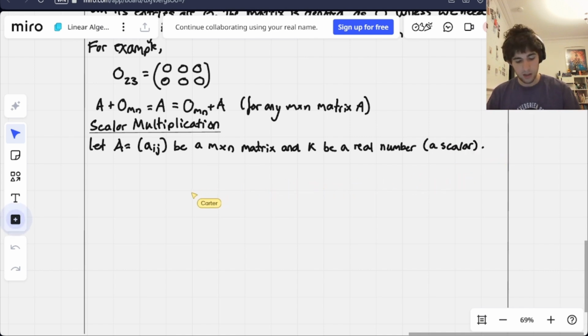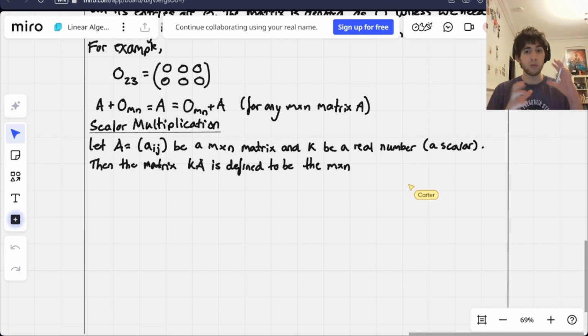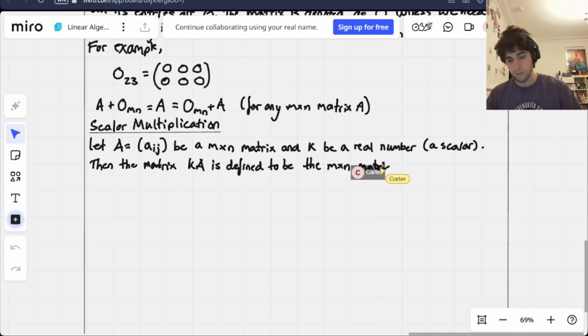So then we have a matrix and a real number, and we're going to define a new matrix. Then the matrix kA is defined to be the m by n matrix. So that's still going to be an m by n matrix. We multiplied it, we've made a new matrix, which is still going to have the same size, m by n, with the ijth entry equal to